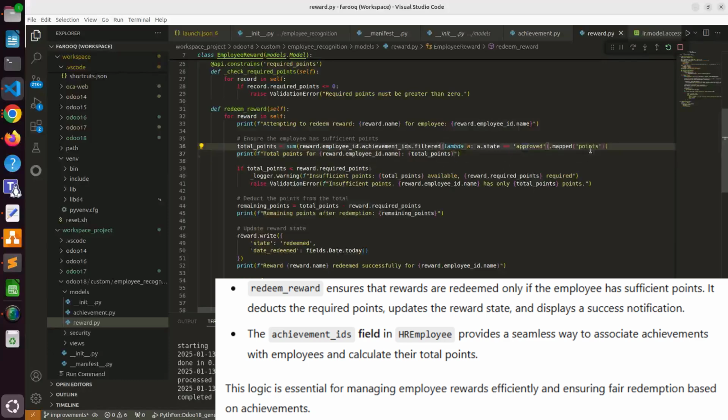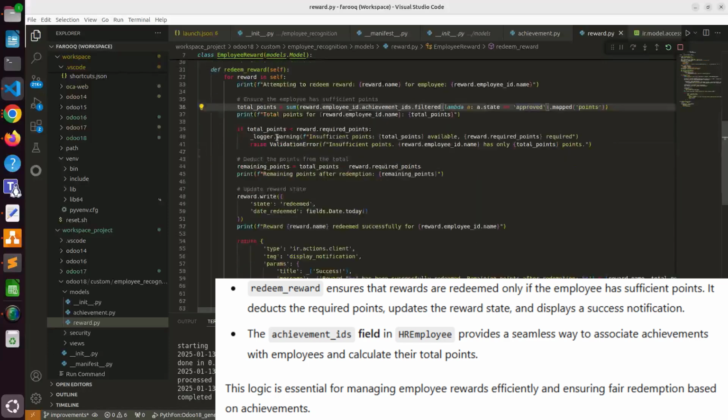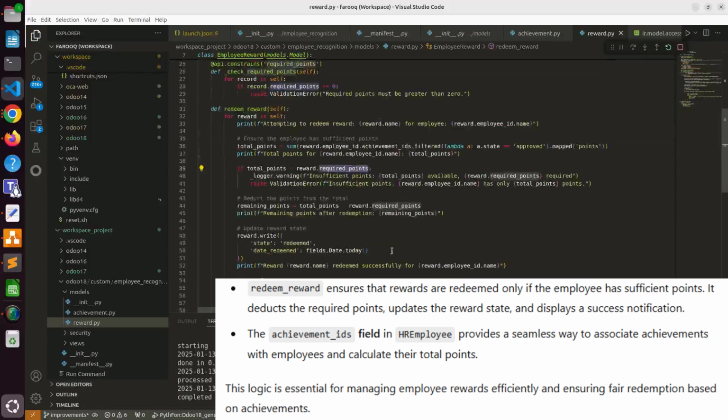And then if total points is less than reward.required_points, then it's raising this validation error. And then otherwise remaining points is equal to total points minus reward.required_points. So in here,